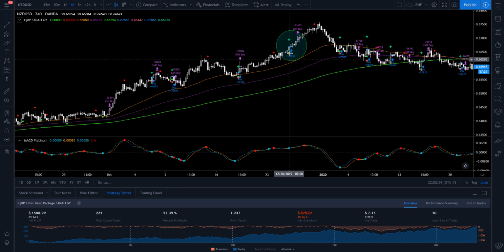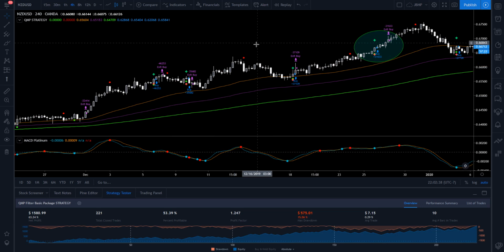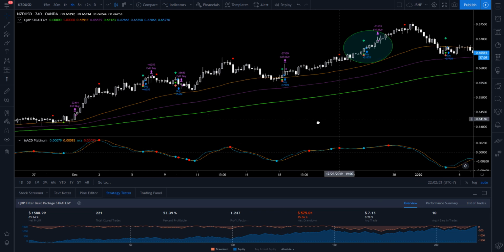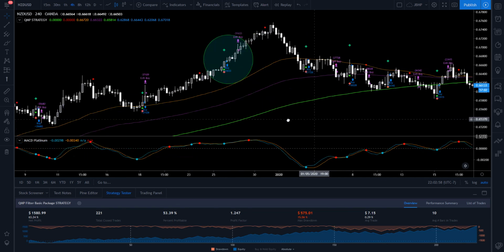So I've got a couple examples on here. It looks like I must have done some back testing on this one as well. But the trend, we said we do want to follow trend. So the buys have to be on a green trend line here. So we took one here, took profit, just moved right along. I mean, there's one loss here, took a buy here, took profit, took a buy here, took profit, buy here,